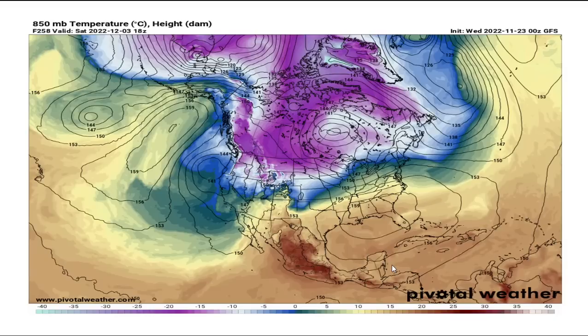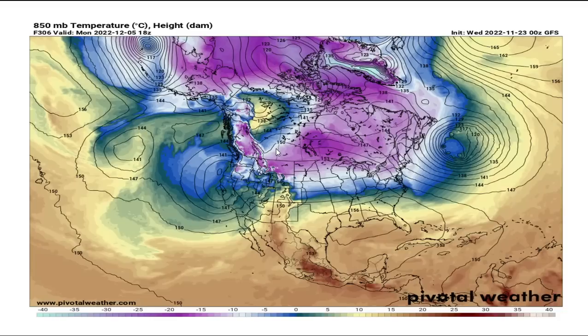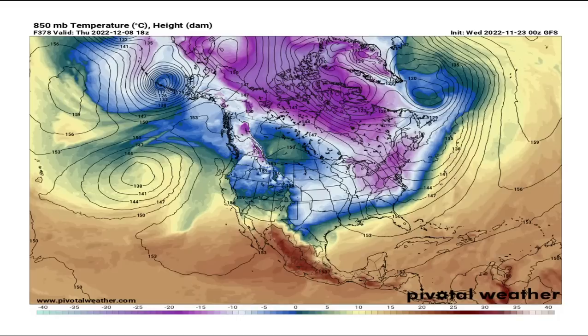So looking at this is the GFS American model. It does paint a good picture of that polar vortex to the north near the poles, but we'll be bringing all of this colder air down into at least the northern Plains and the Pacific Northwest going into that December 3rd time frame potentially, and then hanging around across the northern United States, getting into the Northeast by the time we get towards that Monday, December 5th time frame potentially, and then even deeper into the first week